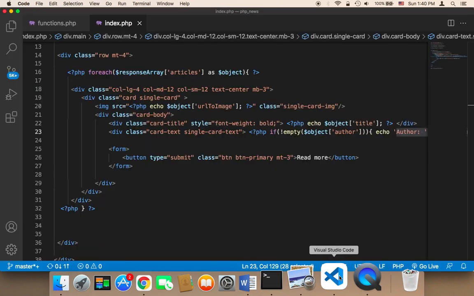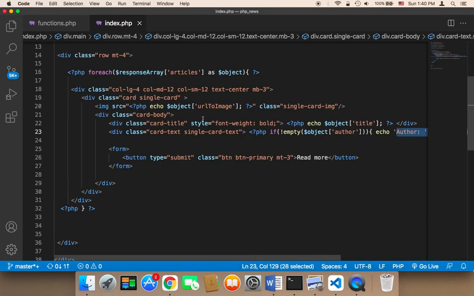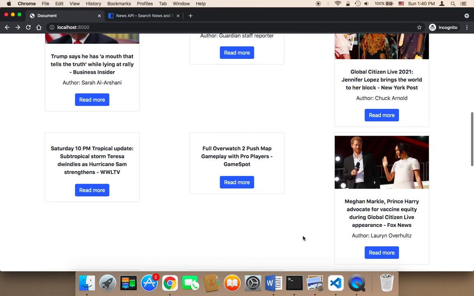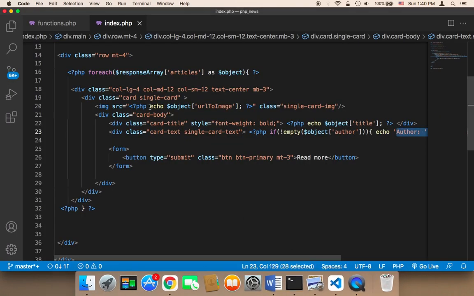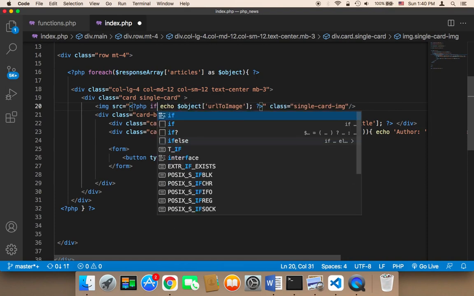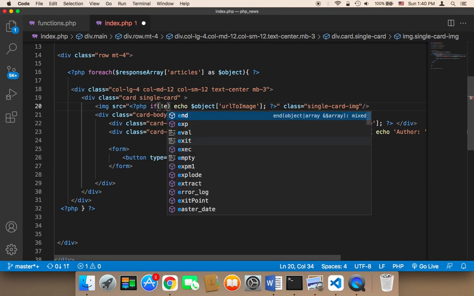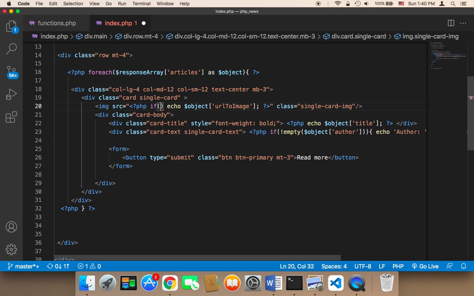So I have here a URL that I'm going to be using, and you can use it as well. In case the image doesn't exist, we can display that image. So here, we need to check whether the image is empty or not. So here I'm going to say PHP, and then I'm going to add an if statement. I'm going to say if, and then is not empty, or let's say empty. If empty